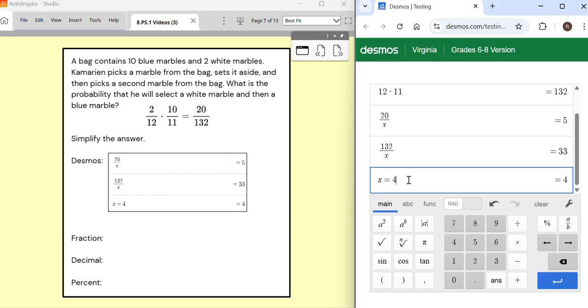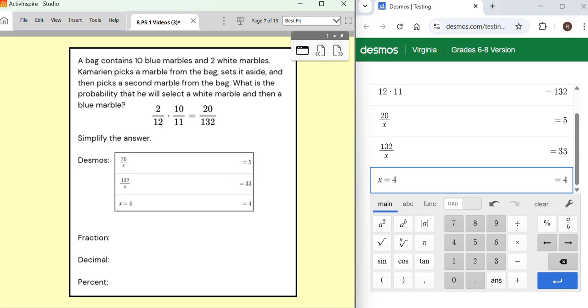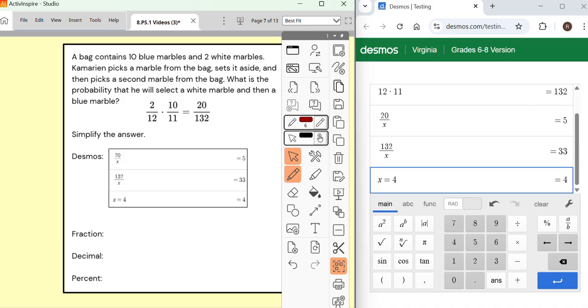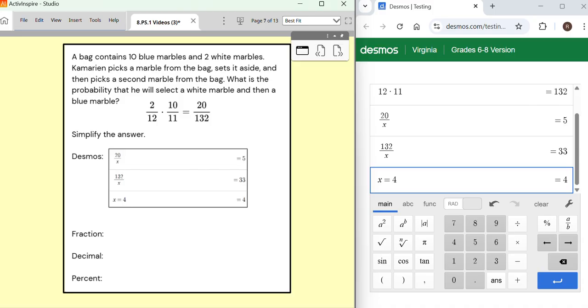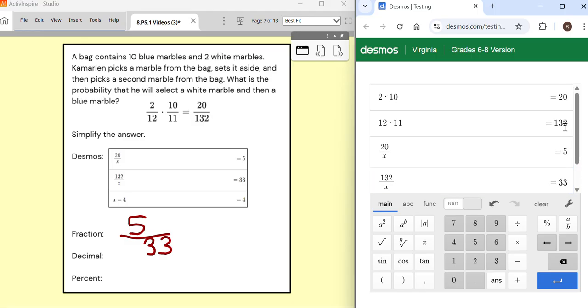The fraction for this probability is 5 out of 33. So let me go ahead and write that for you. 5 out of 33 opportunities. Now I need a decimal. Well, that's not going to be hard at all, but personally I'm going to come up here to the top and look at my first two numbers, 20 over 132. To make sure I didn't make a mistake when I was simplifying, I'm going to take 20 divided by 132,